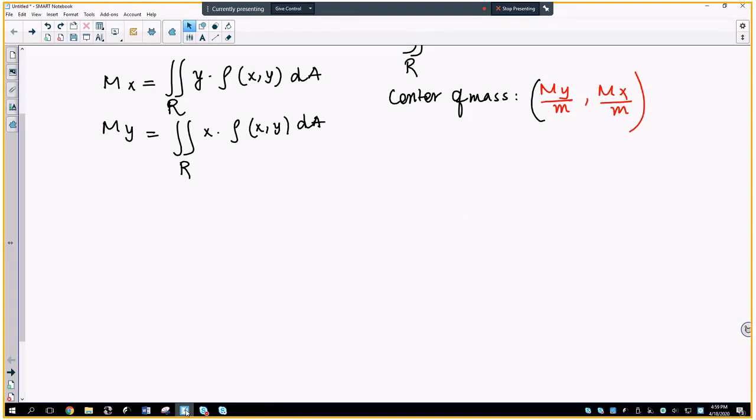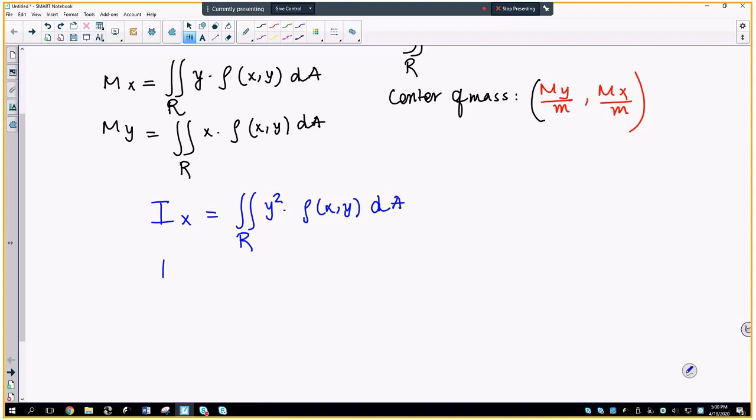So today we will talk about moment of inertia. If rho is the constant continuous density for a lamina which is bounded by a region R with an area of A, then the moment of inertia with respect to the x-axis is going to be given by I sub x equal to the double integral over the region R of y squared times rho of x, y dA,